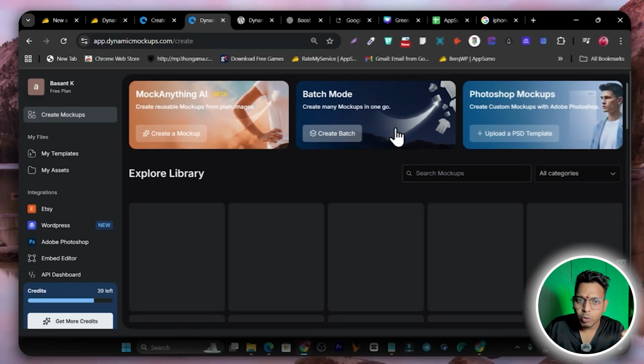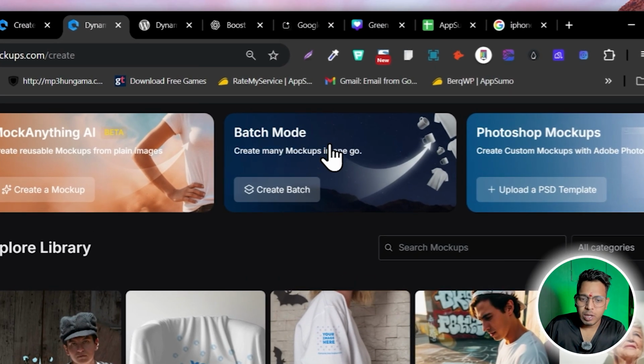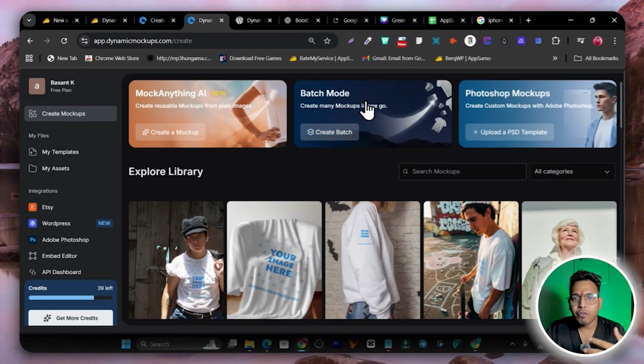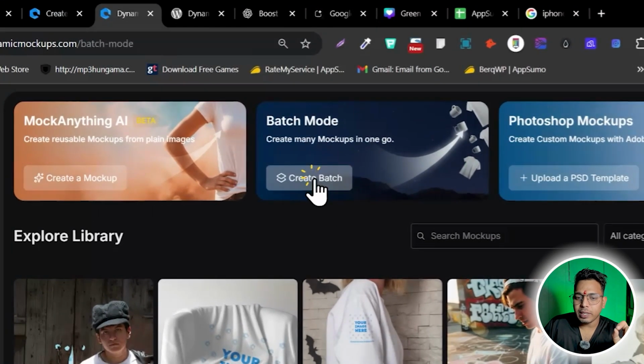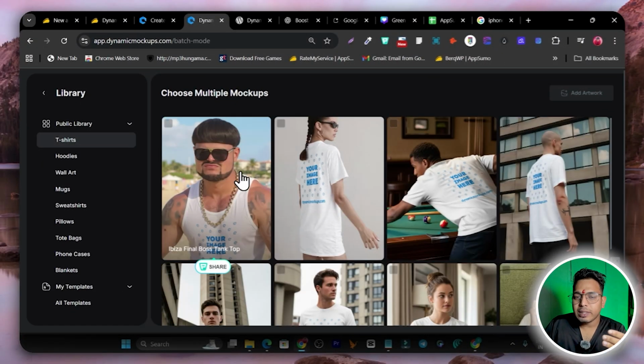Then there's one more core feature I like so much here, that is creating the batch mode. Suppose you want to add your design on different products at once, so this is going to create 100 product mockups within just a few minutes. So simply click here on create batch, and now you have to simply select the products